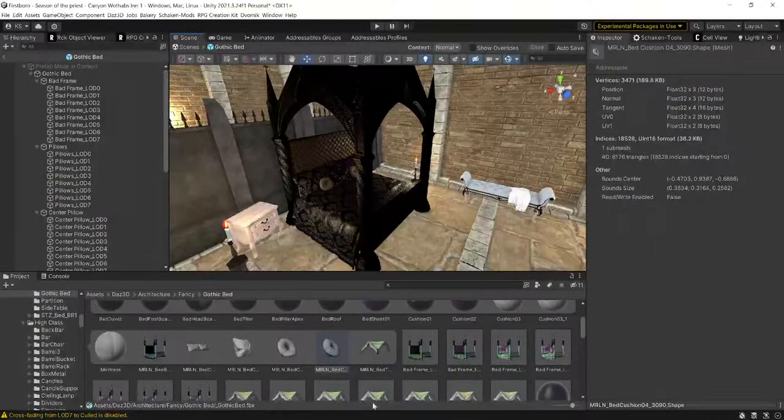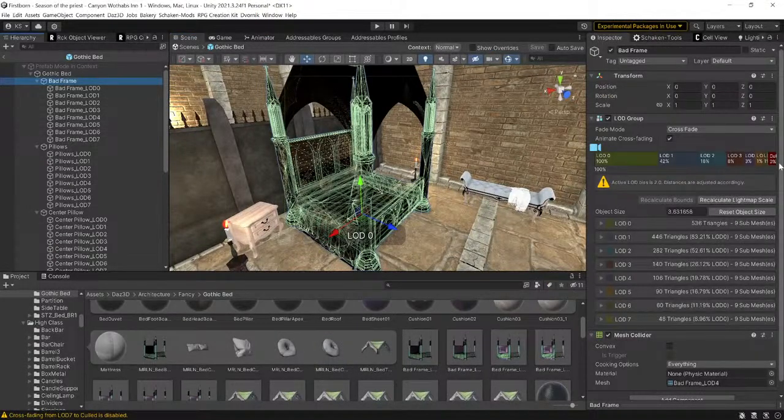Let me pop this up, and I'll show you, actually. Bed frame. See, the very last one here is just culling. What culling means is it just disappears. It's gone. We're not rendering the textures. We're not rendering the meshes. Nothing. It's not there in game when you get so far away. When you get so far away, you can't really see it, or it just looks like a dot. Just go ahead and cull it. It's going to save you a ton. Of course, the smaller the object, you can change the